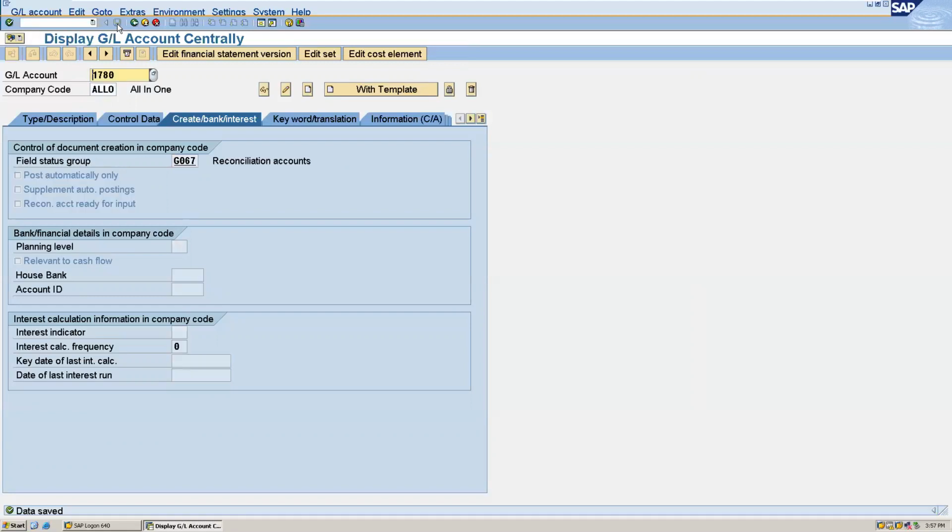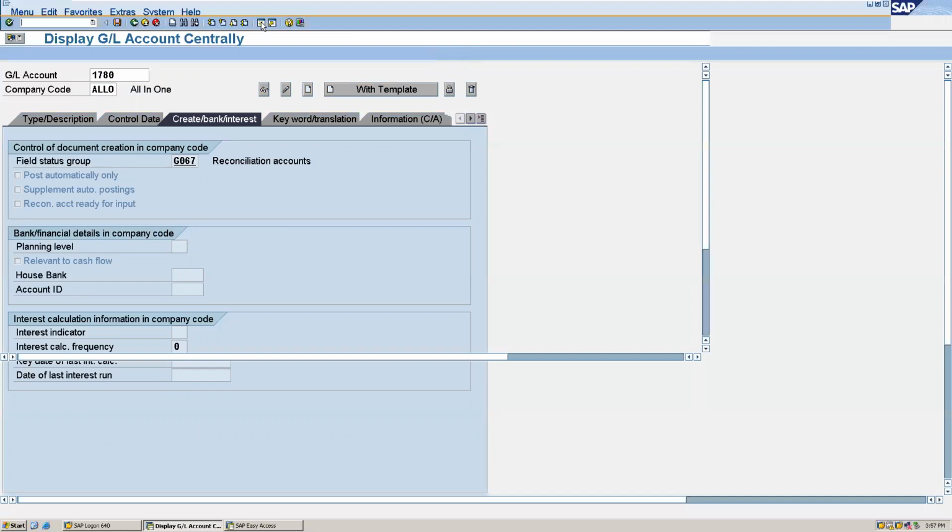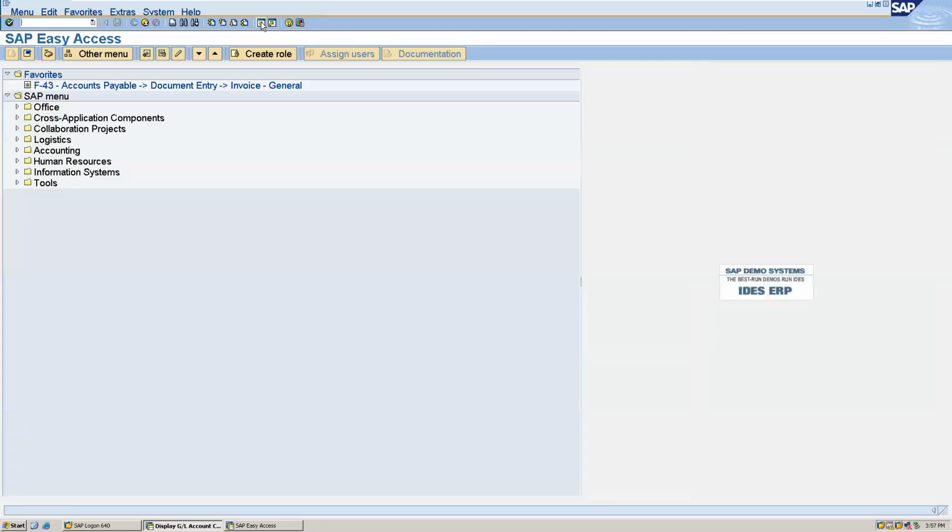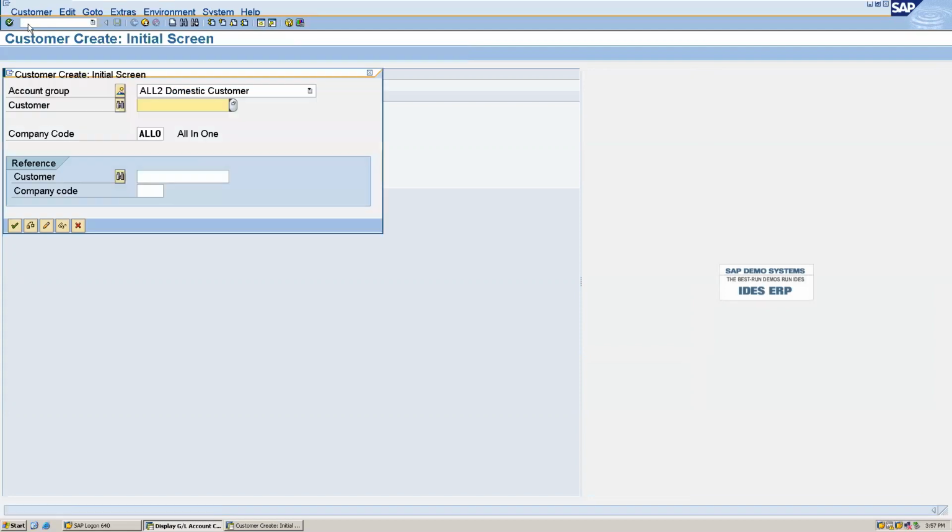The data was saved. Now we will create a customer. For that, the transaction code is FT01. The account group, I'm going to create a domestic customer.